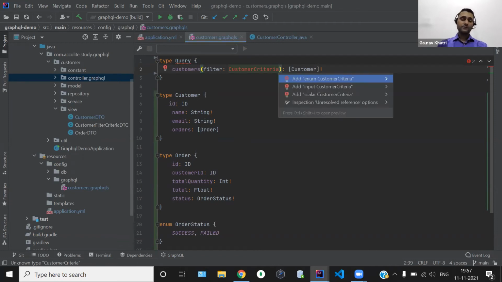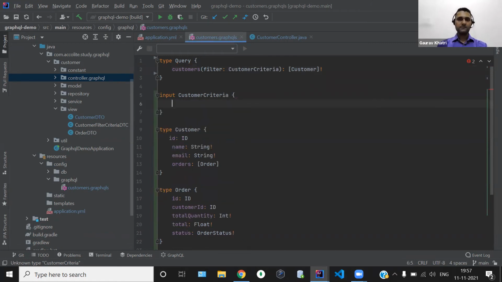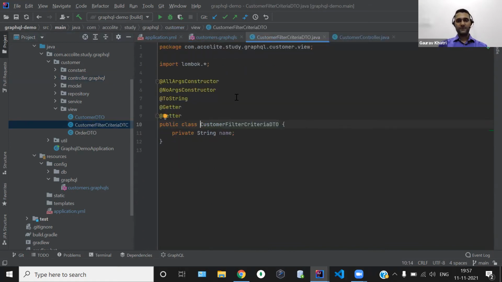Over here, we will use the keyword called input, since this is the input request. So we won't use type as a keyword. Instead we will use input, and in this we will provide a name, and the data type will be string, and I want to make it non-nullable. So if the end user provides the filter, then that end user has to provide some data in terms of name.